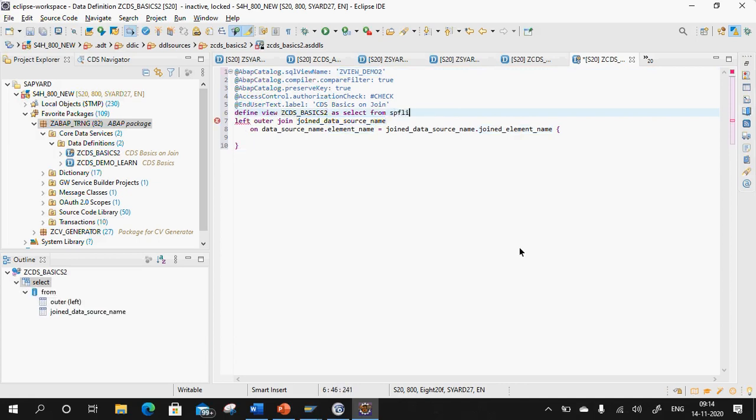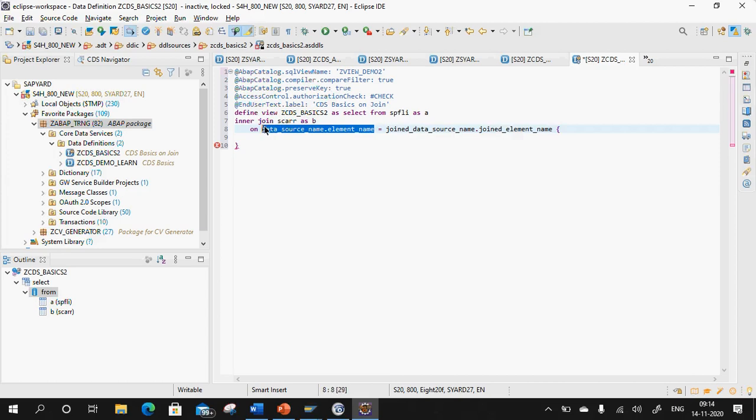Okay, so SPFLI. Now here by default it comes as left outer join. I want to replace it with inner join. So inner join, I want to join SPFLI with scar. So also I'll give an alias name for the same. SPFLI is A, scar as B. So on your data source name dot element name.